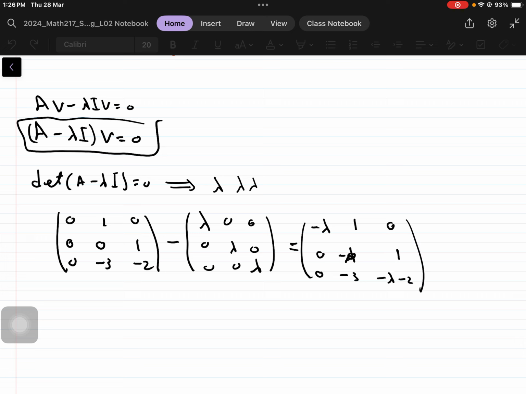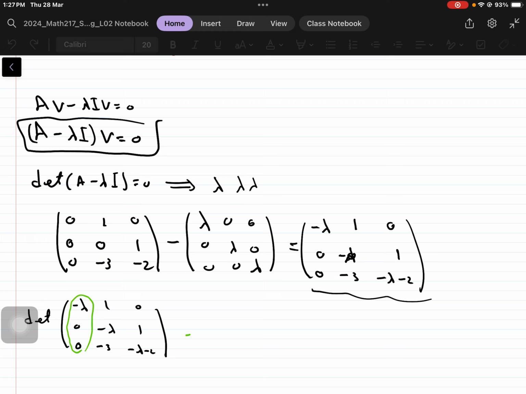Okay? And then we need to find the determinant of this, so we expand along the first column: minus lambda 1 0, 0 minus lambda 1, 0 minus 3, minus lambda minus 2. We could use any row or any column, but it's always better to use the one that has more zeros, which is the first column. You could use the first row, but the first column makes it quicker. So we're going to use this entry here,